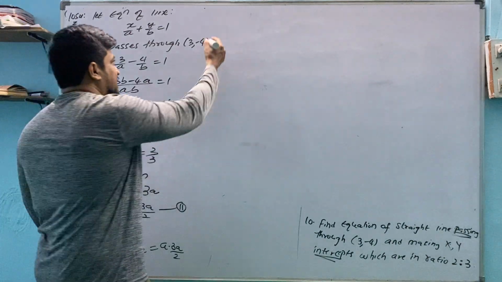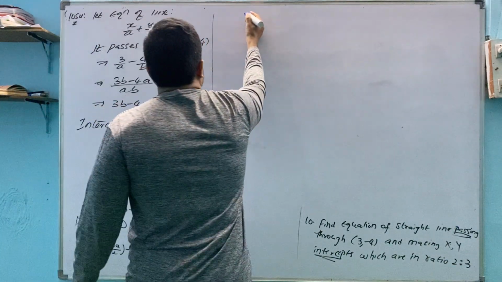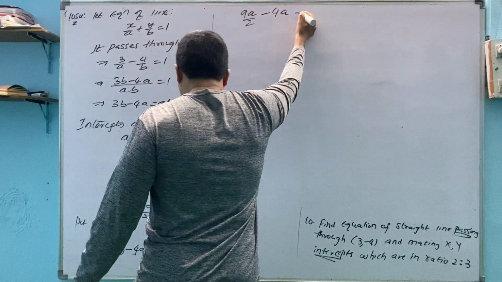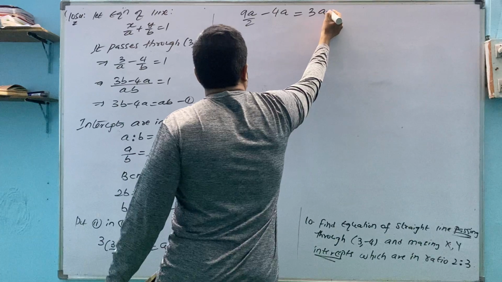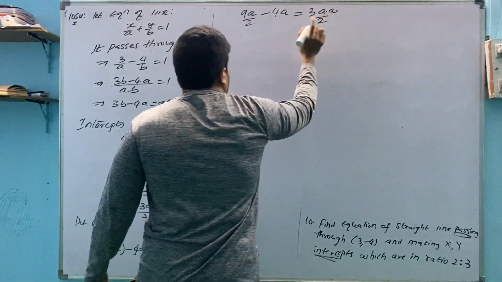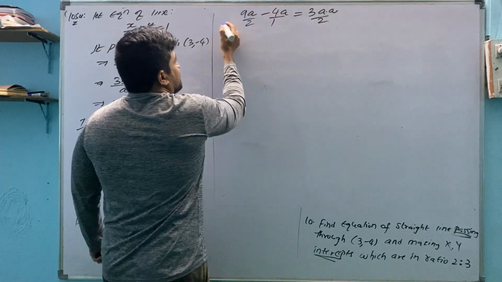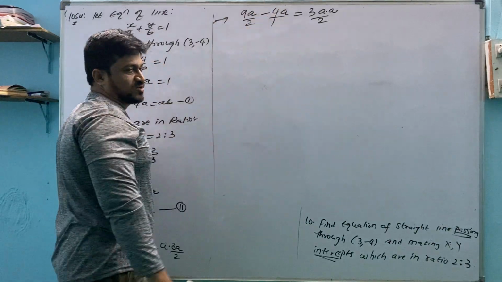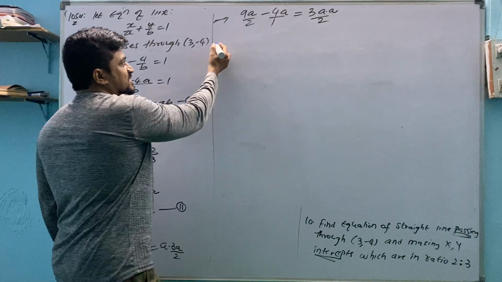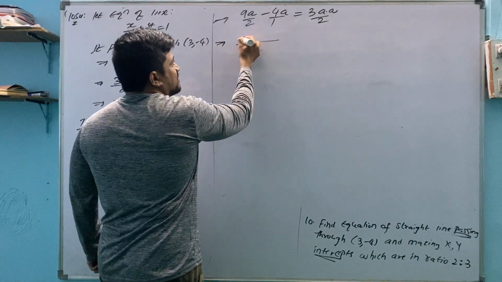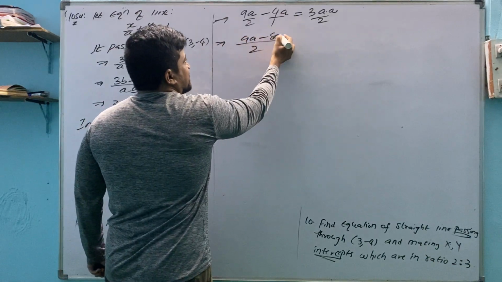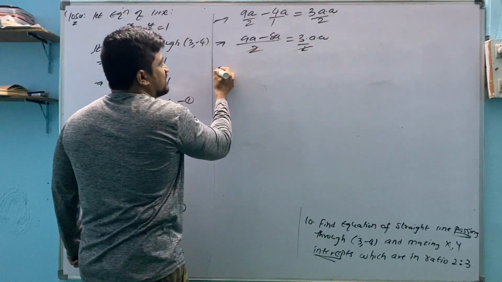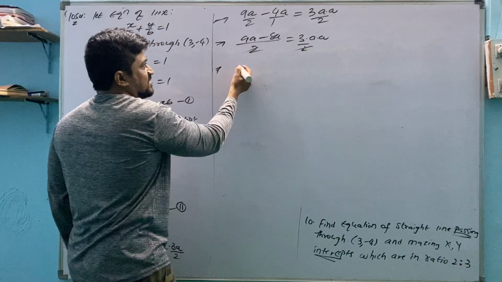Now this is 9A by 2 minus 4A is equal to 3 into A into, I am not cancelling that, not squaring that, by 1. See, 9 by 2 minus 4 means don't do 9 minus 4. We have to find the LCM of this. By 1, 2 1s are 2. 9A minus 8A is equal to 3 into A into A by 2. 2 to cancel. Don't cancel here. After LCM you can cancel.